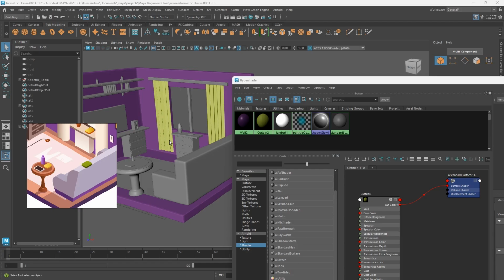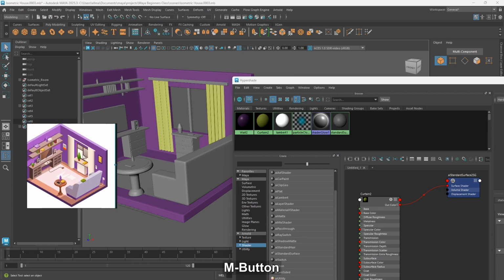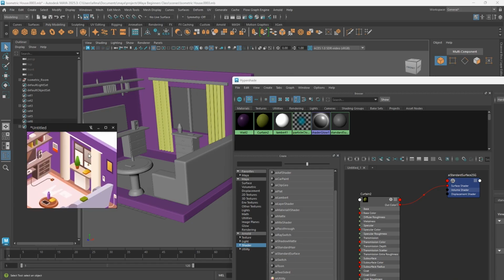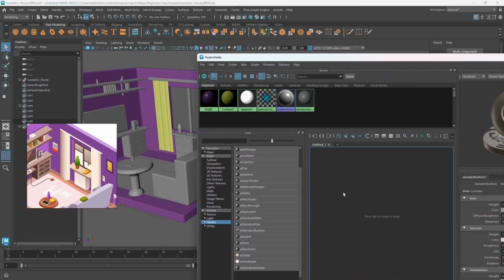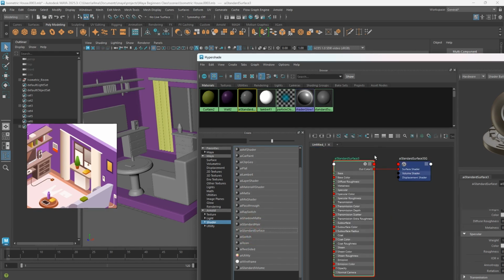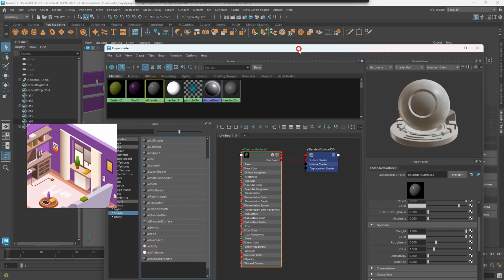That is just the difference there. So we're going to look at the wood at the top. So I think this is a little bit white, so we're not going to assign that to be white. Now we're going to clear this, and we'll come down here, and we're going to just click from here and hit on AI standard surface, and now we can just double click on this, and what we're going to name it to